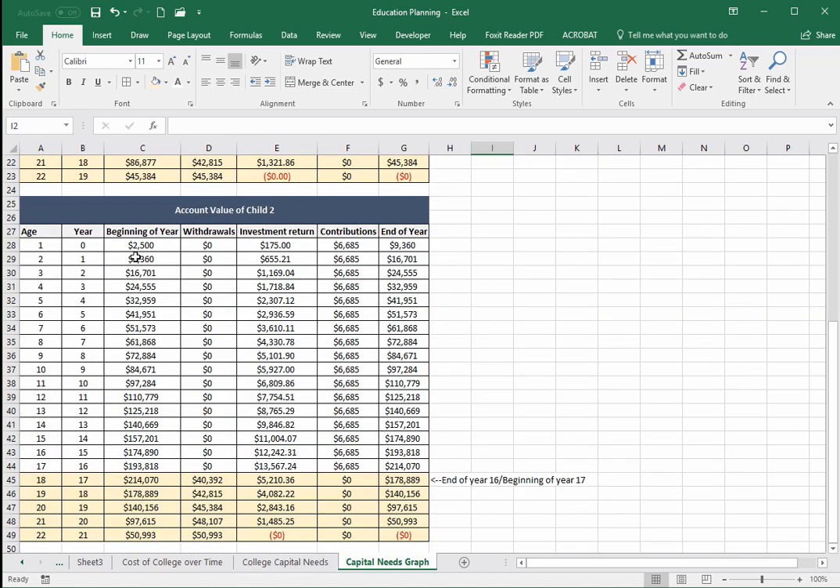And so we see that they have a beginning balance of $2,500. They're putting in just over $6,500 each year. And we've got the ending balances all here, and we see that the ending balance at the beginning of college, actually this right here should be up right here. There we go. Okay, so at the end of this final year, when they're 17 years old, and the beginning